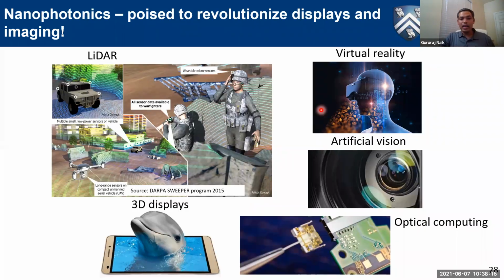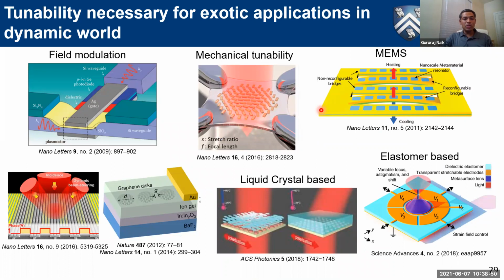Tunable nanophotonic devices are needed for many emerging applications, which include lidars for self-driving cars, optical computing, 3D displays, virtual reality, and many other things. In fact, recently, I think the Gates Foundation announced that they would be funding VC on metasurfaces for imaging, so tunable metasurfaces for imaging. So clearly, that has huge potential for revolutionizing how we image or display. But the key component for that is tunable materials, tunable optical materials. Without that, we have no tunable functionality.